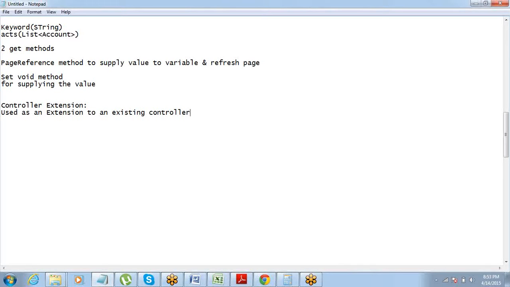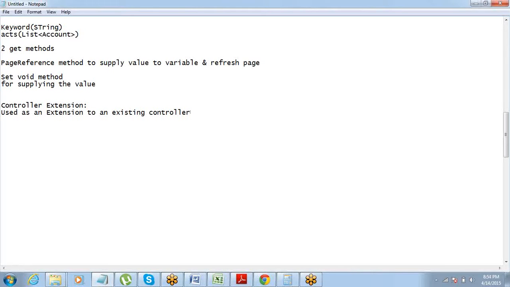So don't you think it would be a good idea that instead of touching the actual class, just leave it as it is and go ahead and create 1 more small class and use it as an extension, right? It makes life easier for a developer so that he does not have to get into the original class every now and then and make changes on that. Fine. So that is one area where you can use an extension.